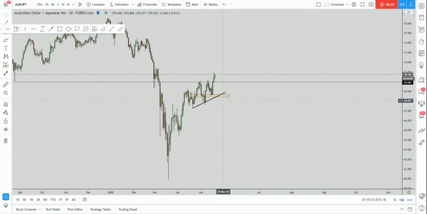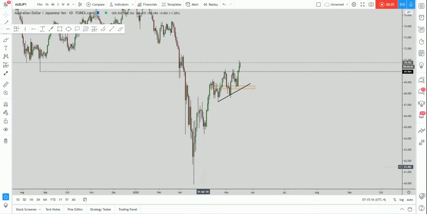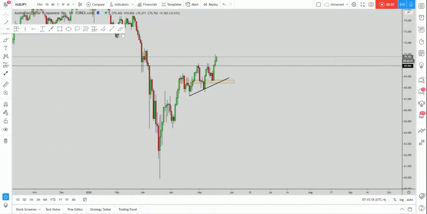Okay, so what did we say in our last analysis for AUD JPY? We said and we realized that the market around this area had very strong support, a confluence of support given by this structure that was previous resistance, now turned support at this area, plus we had this counter trend line that had yet to be broken to the downside, and the possibility to create this impulse correction and impulse pattern